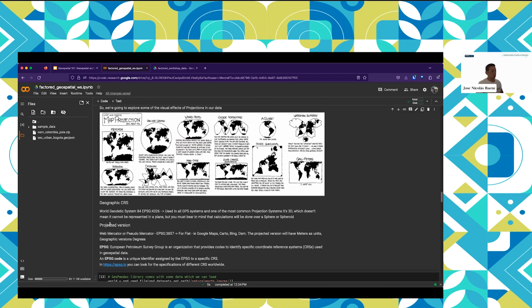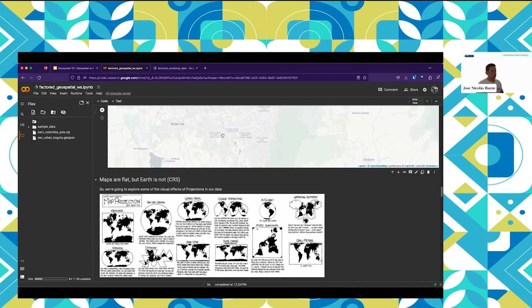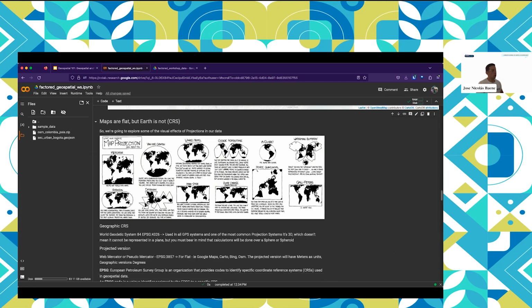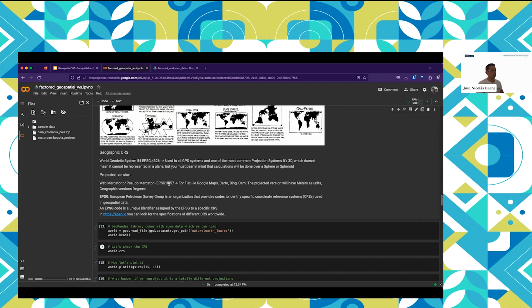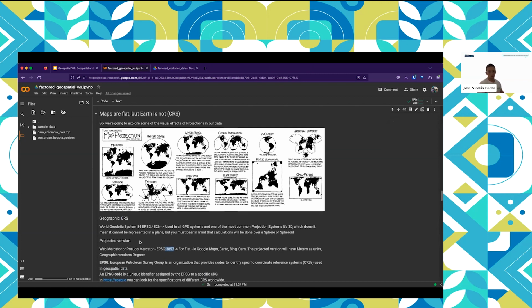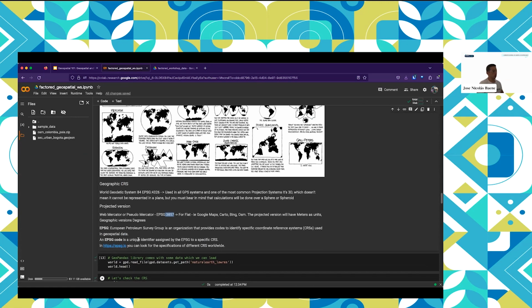The projected version, the one used by maps like this interactive one, is the web Mercator or pseudo Mercator, which is 3857. This has meters as units, but I wouldn't use it for designing a road because you will get a little deformation. For that you would go to a local projected system.